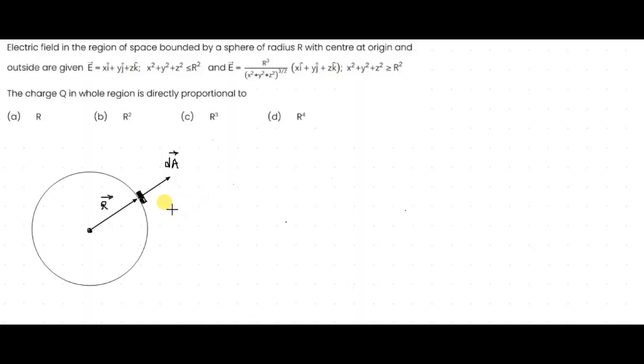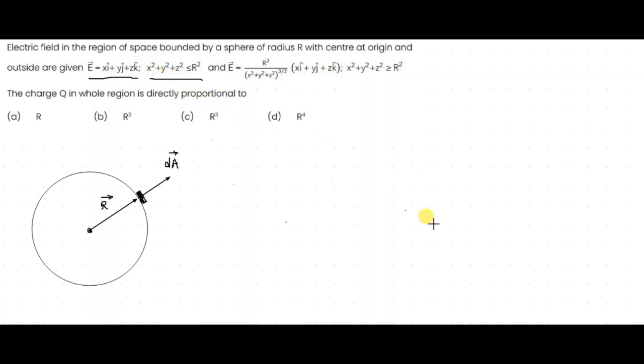Hello students. In this problem, we have a region which is spherical in nature, a spherical region of radius r, and the electric field in and around this region is given in this particular question. You can see this is the data provided to us: xi plus yj plus zk. This is the electric field in the region where x square plus y square plus z square is less than